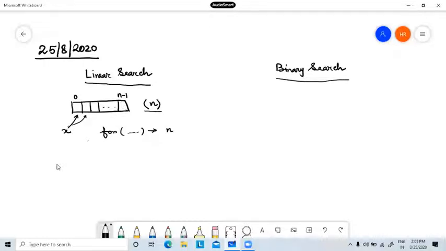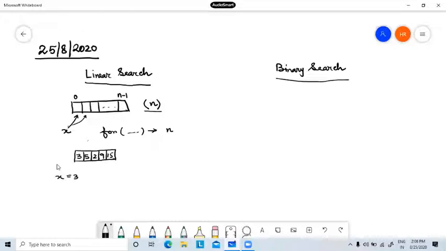Now see, suppose my array is like this. I'm taking only a small number of elements. So suppose the elements are like this: 3, 5, 2, 9, 15. So these are my elements. And now in this array, I want to search x, which is 3.